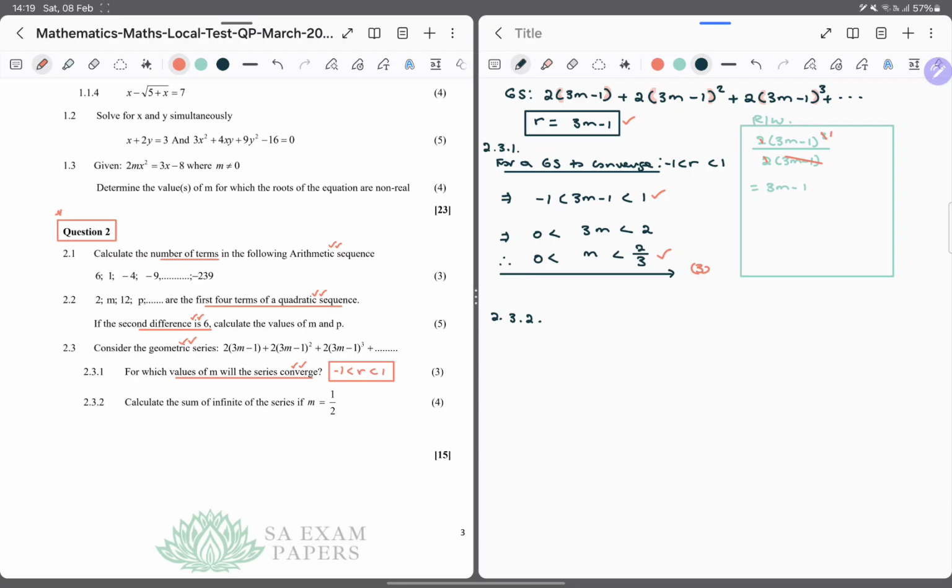Okay, we asked a question now that we need to calculate the sum to infinity when m is a half, and we can see that a half is definitely less than 2 over 3, greater than 0. So this is 0.67, essentially that's 0, and this is a half, which is 0.5. So this is in between those constraints, so this is good. So of course we know that the geometric series now is essentially 2 into a half minus 1 plus 2 into